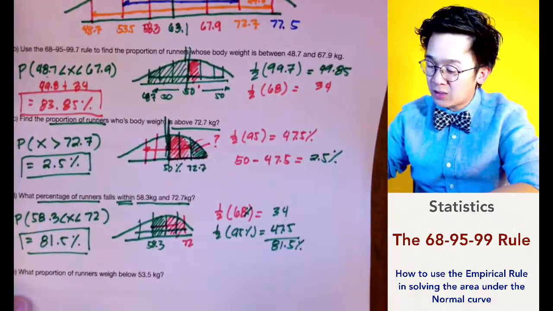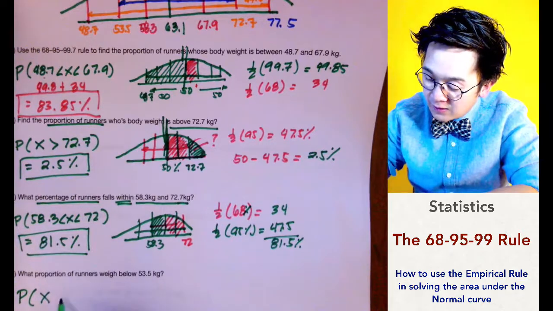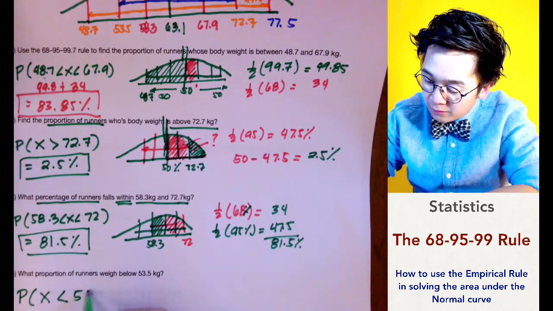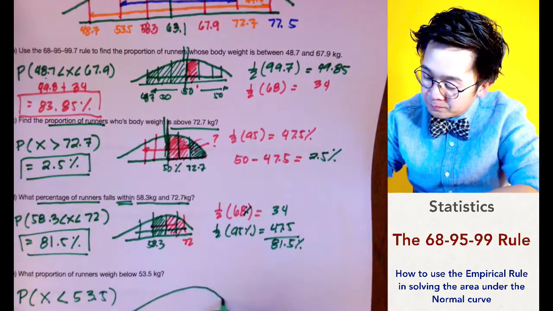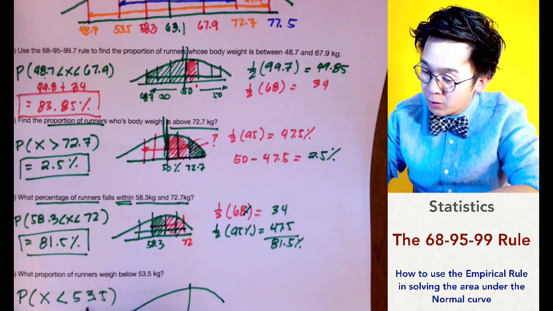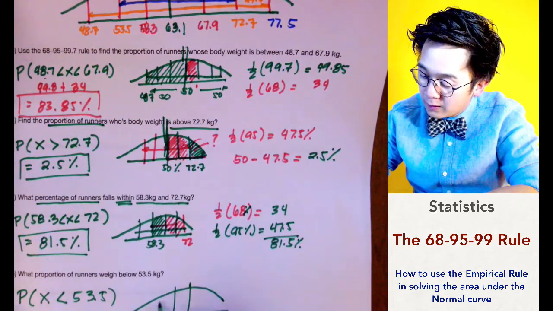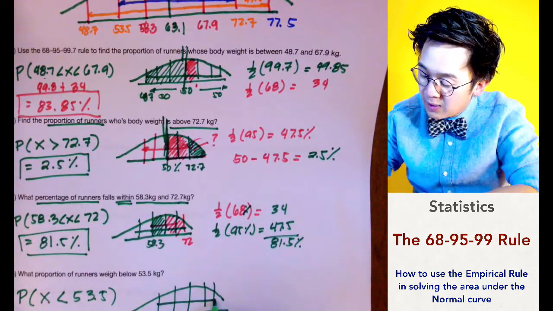So, to sketch our percentage, kailangan natin yung x ay below 53.5 kilograms. So, yung ating area under the curve, ito yung 50%. Ang 53.5 ay 2 standard deviation away from the mean. So, nagko-correspond siya sa